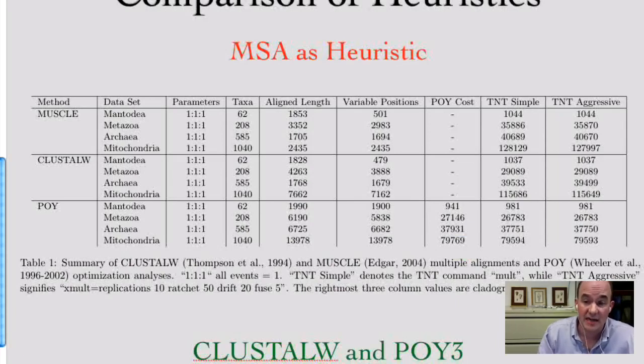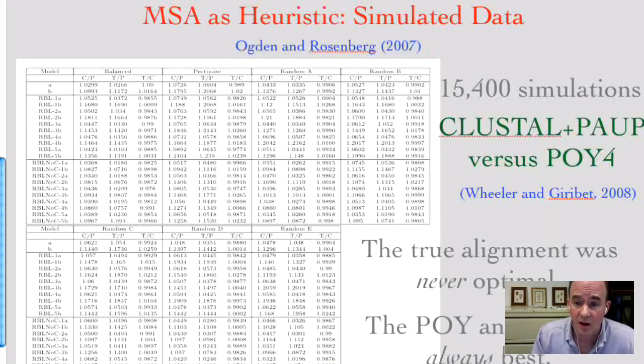In simulated data, we see the same behavior. This is Ogden and Rosenberg, who did a very large number of simulations, 15,400 simulations, and they were comparing a two-step analysis of Clustal plus POY versus POY. They compared to POY 3. I used POY 4. And in their case also, the true alignment they tested was never the optimal solution. And in every single one of these cases, the POY analysis was always more optimal than Clustal plus POY in